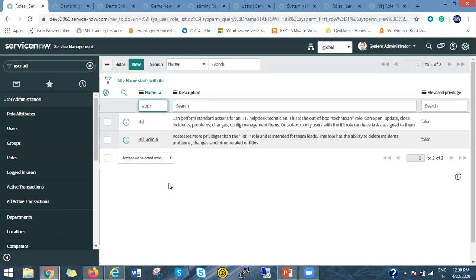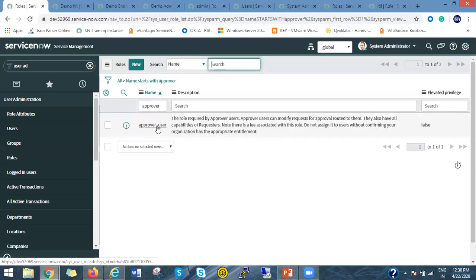Let's say there is one more important role, approver_user. Suppose you raise a change request, or an end user raises a simple service request to get a laptop. After creating the request, that request should go for some approval, right?